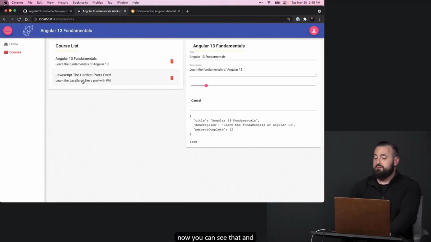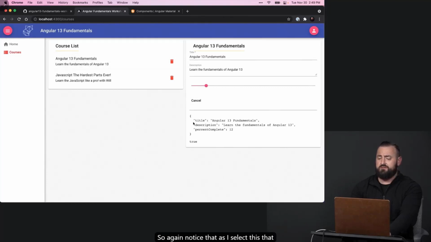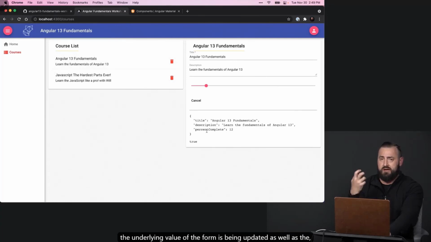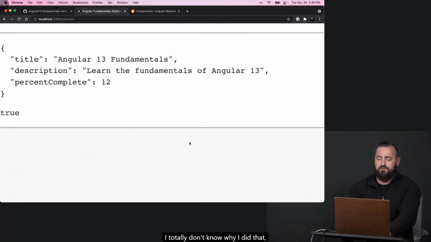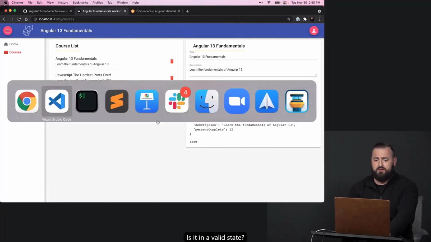And so now you can see that, and then when I cancel, there we go. So again, notice that as I select this, the underlying value of the form is being updated, as well as the validity or state of the form. Is it in a valid state? All right, so from here,